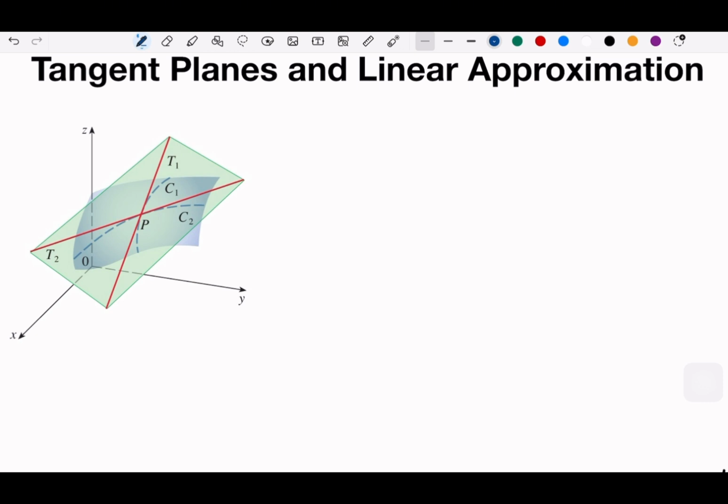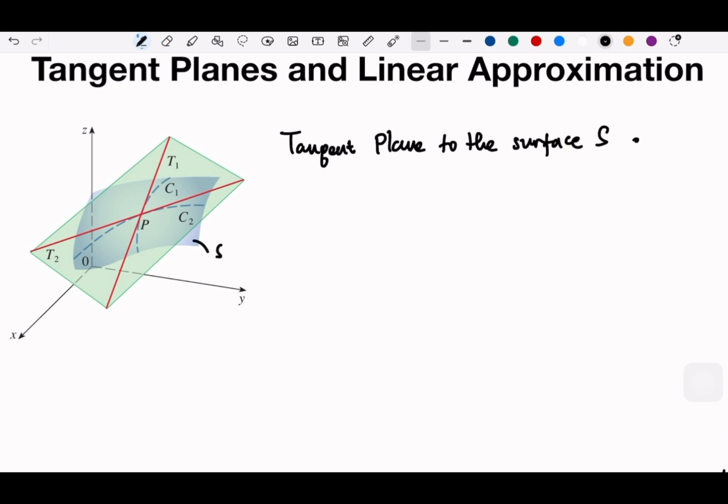So now we can define this as the tangent plane to the, let's say this is the surface S, to the surface S at point P